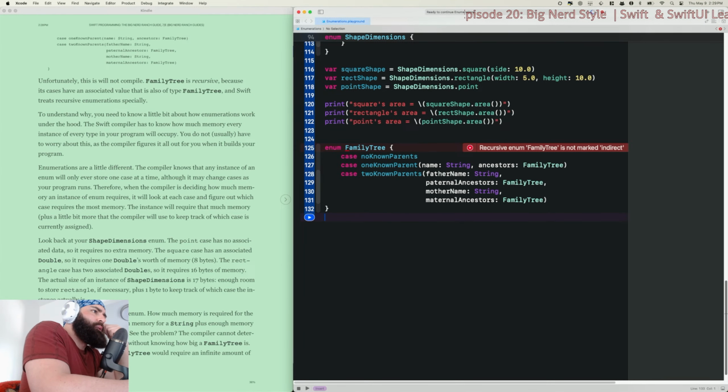The Swift compiler has to know how much memory every instance of every type in your program will occupy. You do not usually have to worry about this, as the compiler figures it all out for you when it builds your program. Enumerations are a little different. The compiler knows that any instance of an enum will only ever store one case at a time, although it may change cases as your program runs.